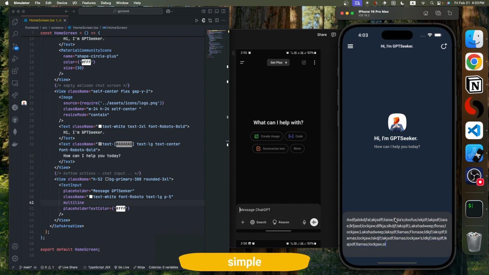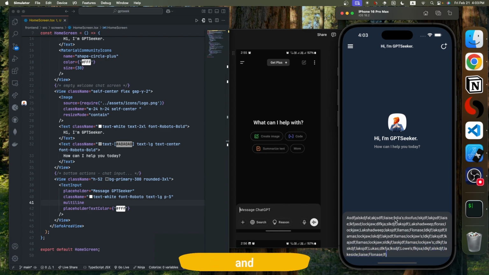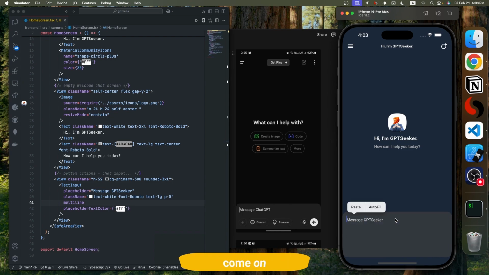Simple, right? Take the full width and scrollable. Simple as that. Okay. And as we go, it's nice, right? Font's nice. Everything is nice. Okay, one thing that we're going to do is that